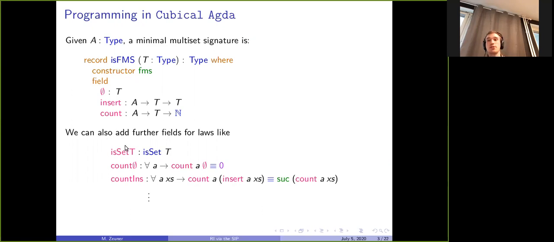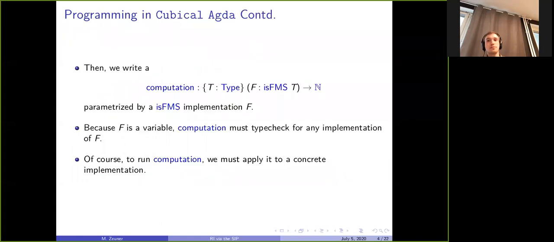Usually we also want further laws or axioms, which we're going to ignore here. So for example, we want our carrier type to be an hSet, or other pretty common laws, but for now we just have three components.